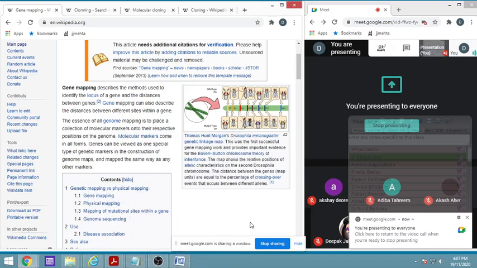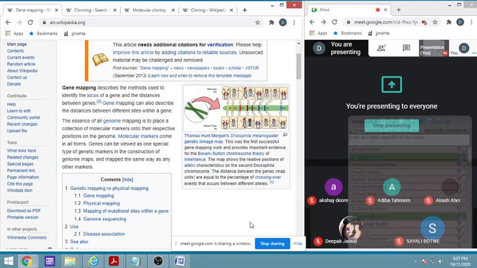So gene mapping describes the methods used to identify the locus of a gene. Locus means the place where that gene is placed, and the distance between two genes or various genes. Gene mapping can also describe the distances between different sites within the gene. Example,